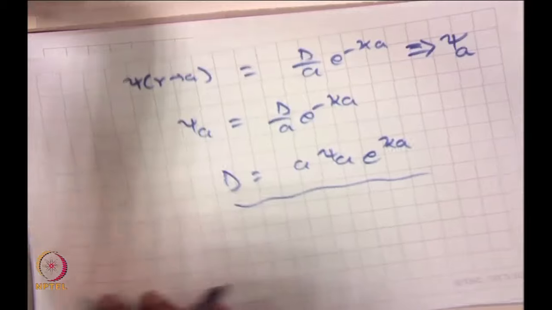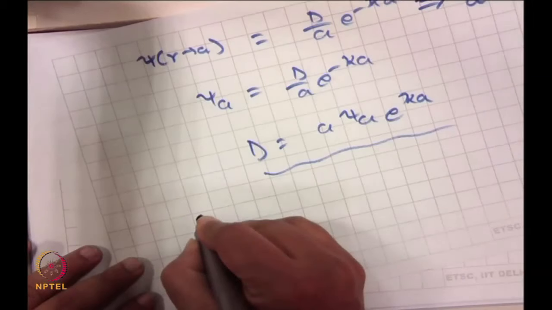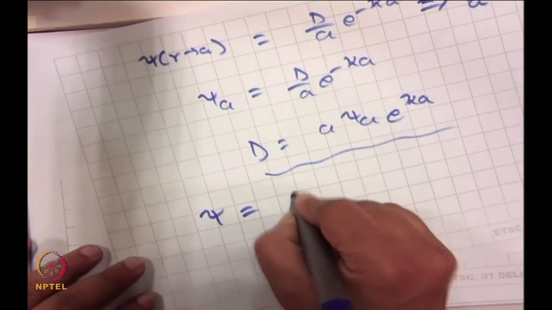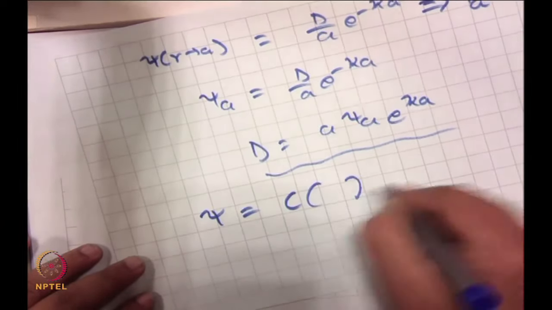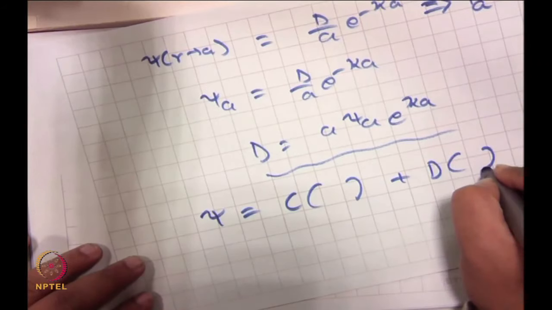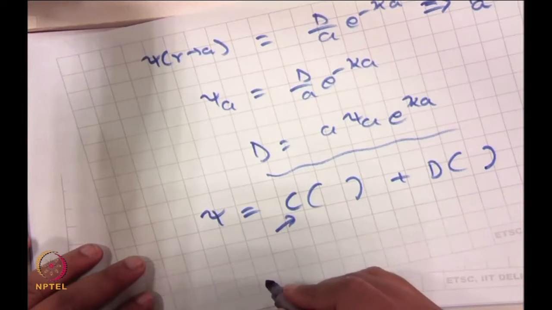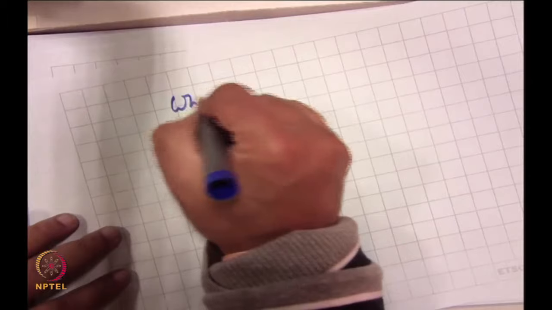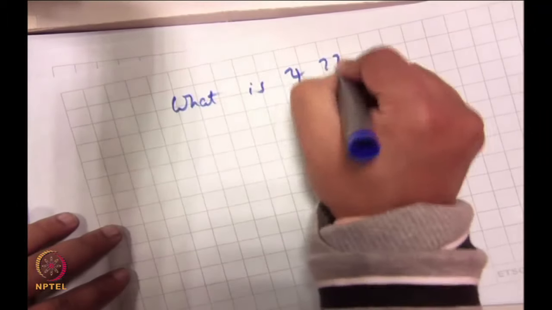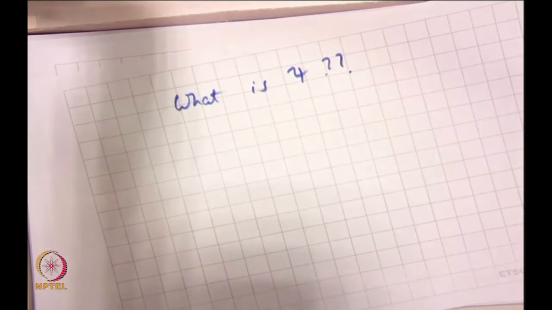Okay. Now you combine this equation. That means you had psi is equal to c times a constant plus d times a constant, right, that is what we started with. We took c to 0, we found what d was. Now tell me, what is psi? Write it down. What is psi equal to now? Tell me.